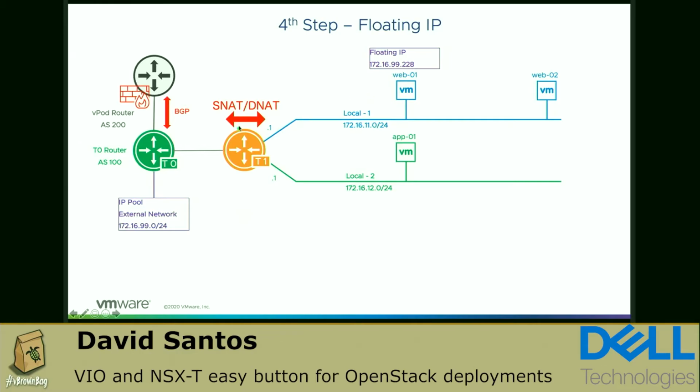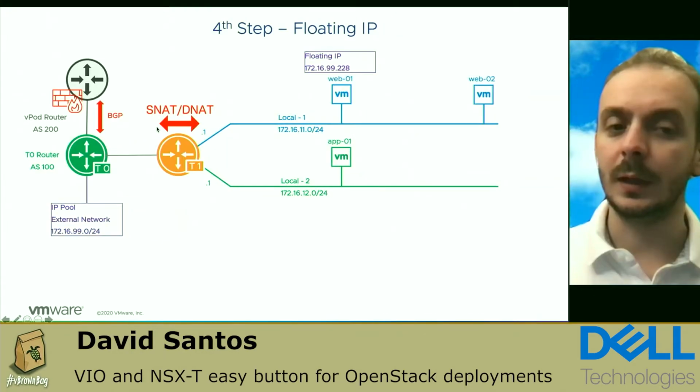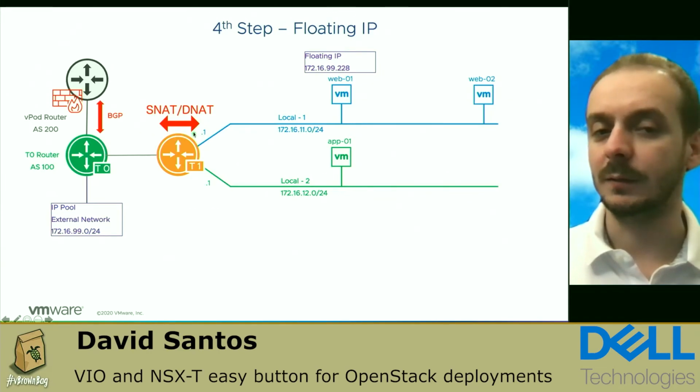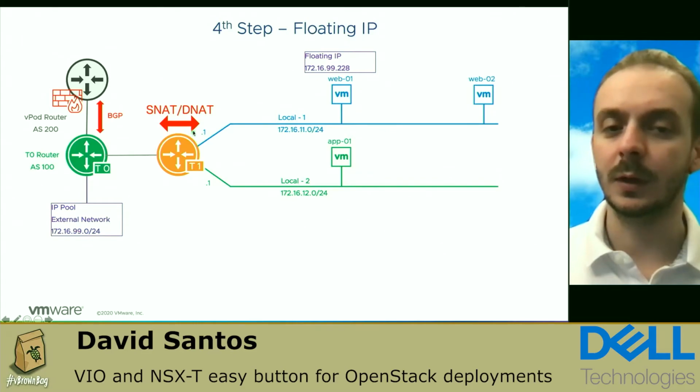So when you create that, it will create a source NAT rule for all those VMs to communicate with an external network using a source NAT IP, and also for the ingress traffic, the traffic that comes from the external, like the physical network. We need to provide a floating IP to those workloads. This way, we don't need to